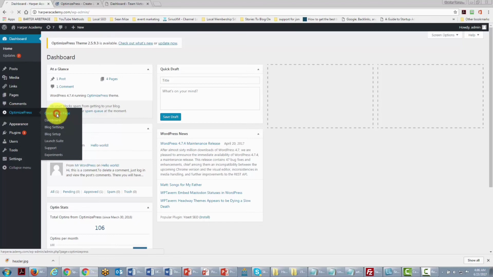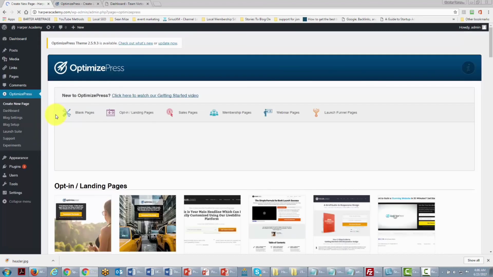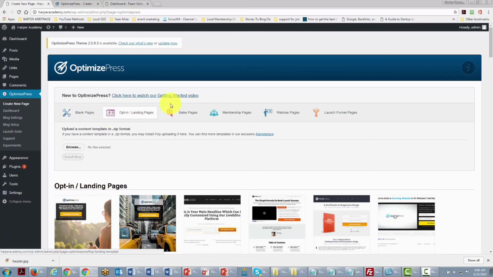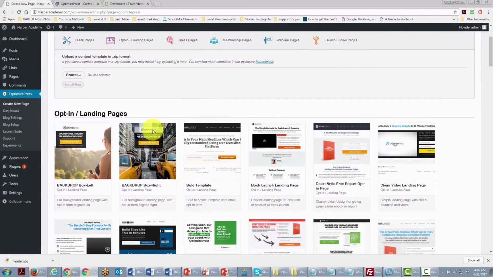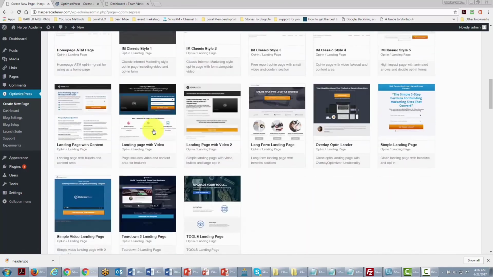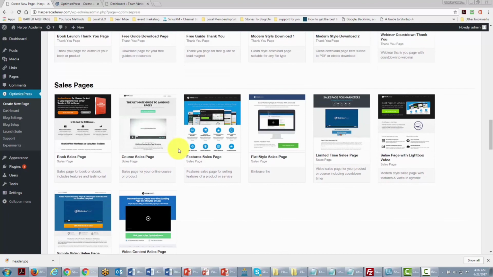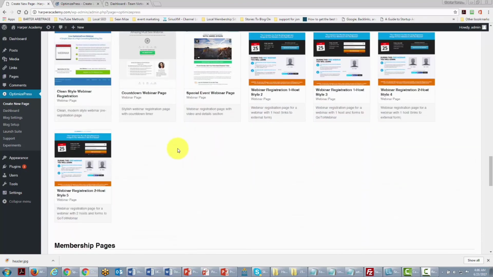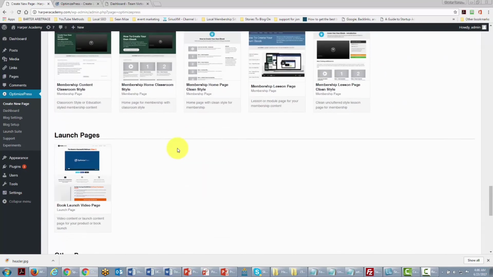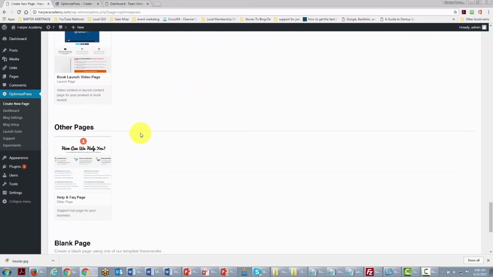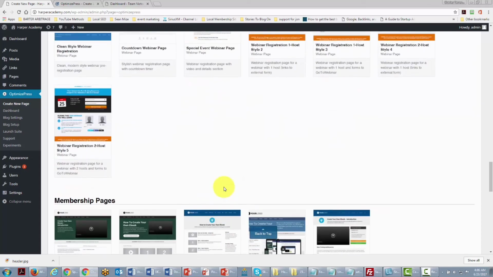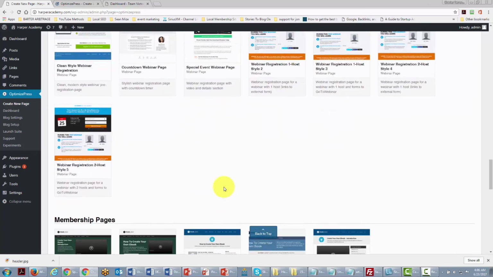and you start the process by creating a new page. Optimized Press gives you several templates to start with. They give you landing pages, thank you pages, sales pages, webinar pages, membership pages, launch pages, and FAQ pages. And basically, these templates are starter templates that you can use in order to build